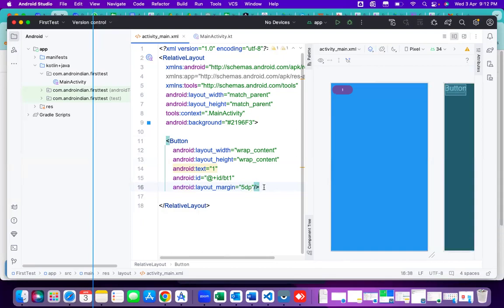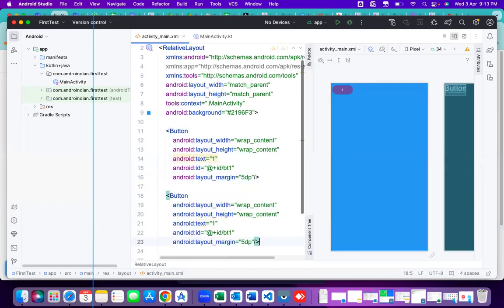So this is the first property, like the first button we have created, right? Hope these 5 lines, whatever I've written here, are clear for everyone. Yes, sir. Then I'll copy these 5 lines, and on top of this we will add some other things. Just I copied these 5 lines, right? So here I pasted again. So I'm changing the button text to 2